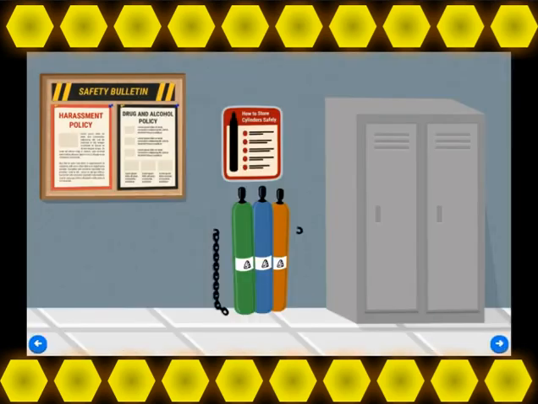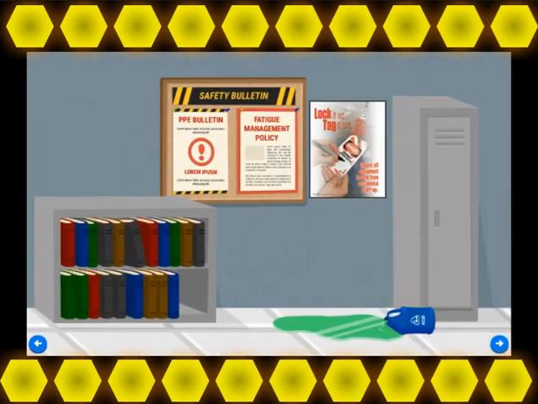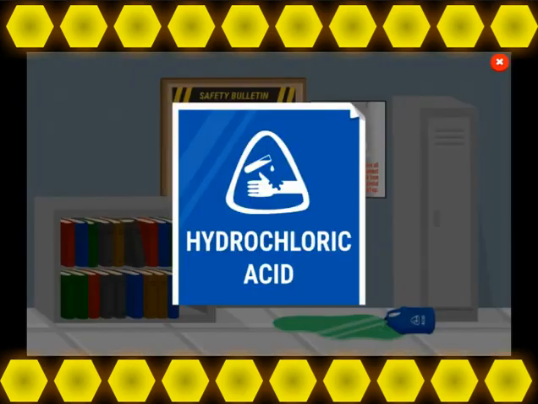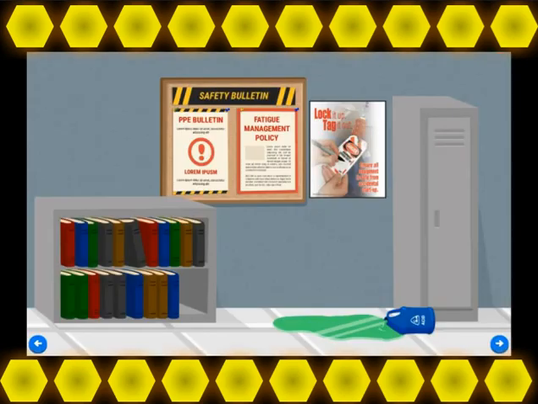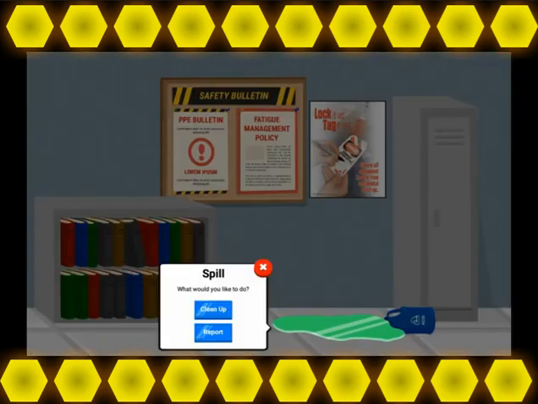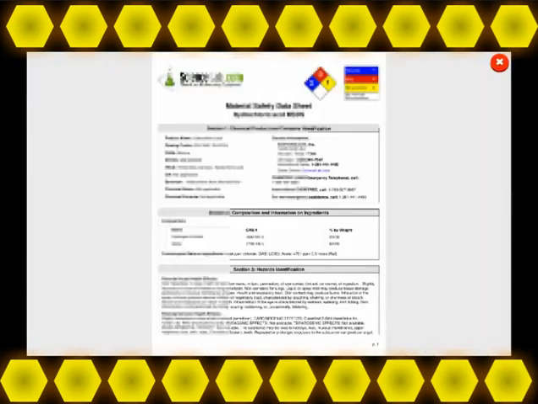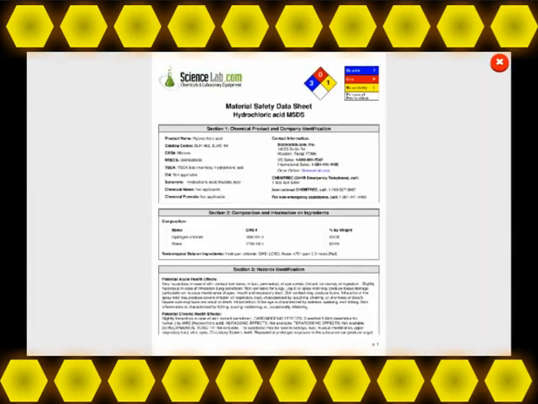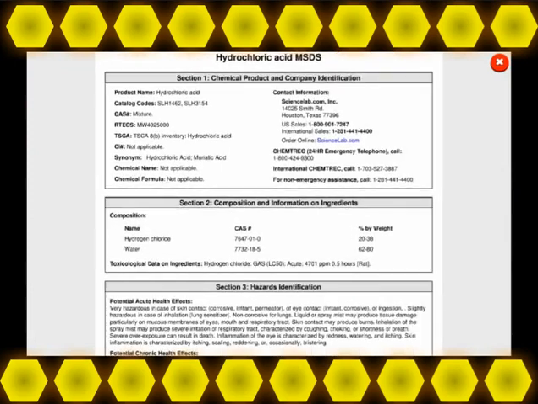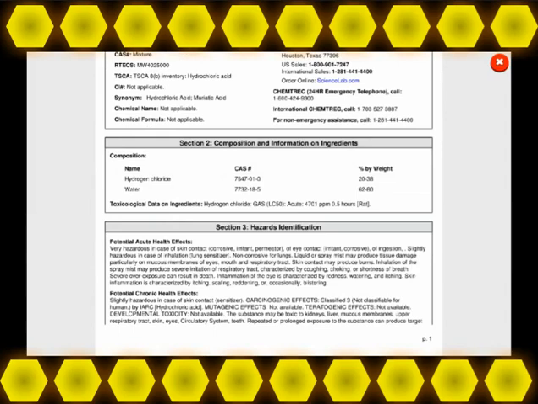In this case, we see a hazard for gas cylinders. There's information on how to store gas cylinders safely, and what we can tell is that they should be reporting this, as gas cylinders should be stored in a separate area. A spill is also present, which means they can go back to the MSDS sheet within the closet and read what to do in terms of how to clean this up. Now in this case, we're using hydrochloric acid. If this is not a chemical that's used on your site, we can adjust this to any chemical that is.